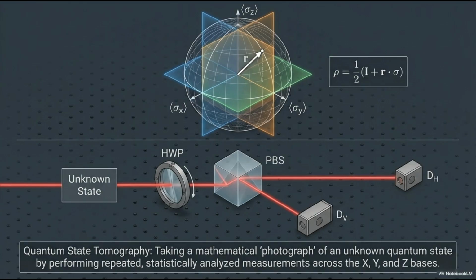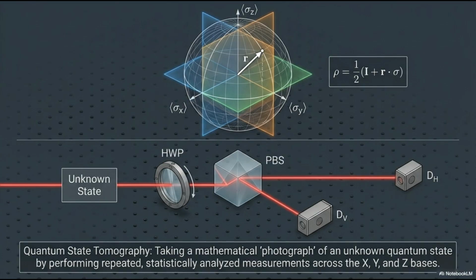This formula is the mathematical reconstruction target. The goal of tomography is to experimentally determine all 3 components of the Bloch vector r. Each measurement basis setting provides one component of the Bloch vector from the ratio of count rates observed at detectors DH and DV. The process requires many repeated measurements on identically prepared states, not a single shot, because quantum measurement is inherently probabilistic. Quantum state tomography is the foundational diagnostic tool used to verify the output of any quantum gate, entanglement source, or